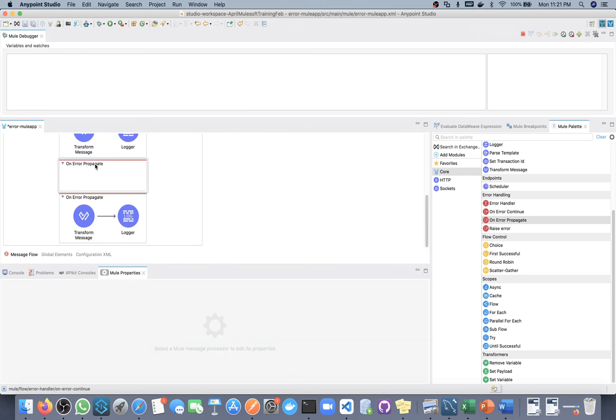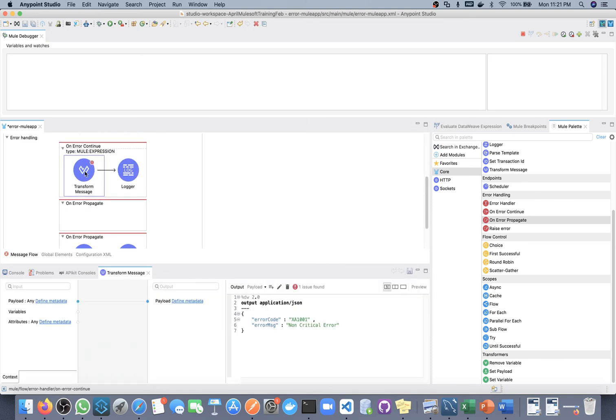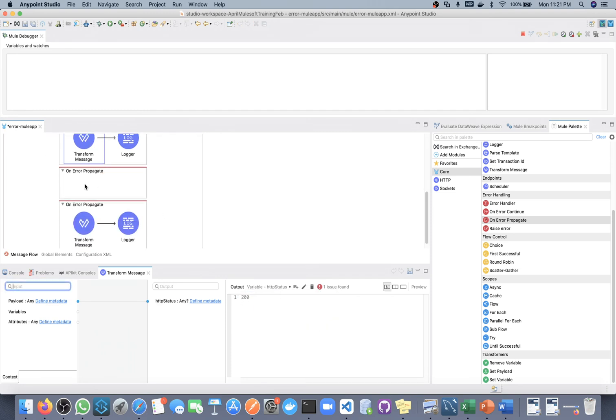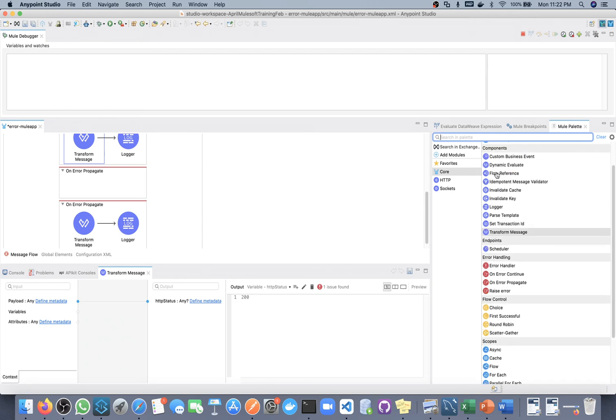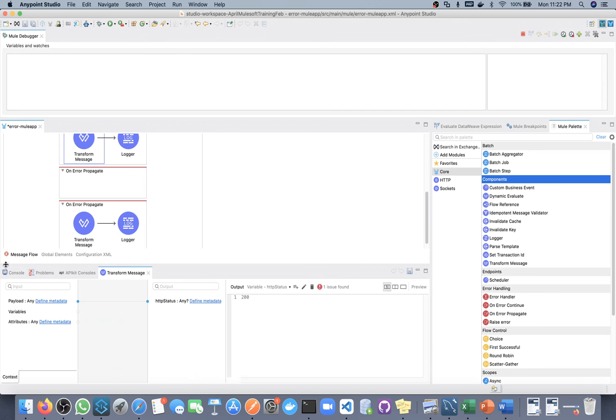So here we have on error propagate. Here also we are getting an error, okay, it's a dummy error. So I will configure this transform message. From the backend I will copy paste.